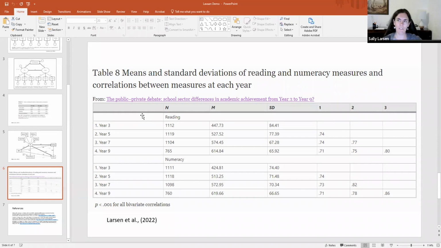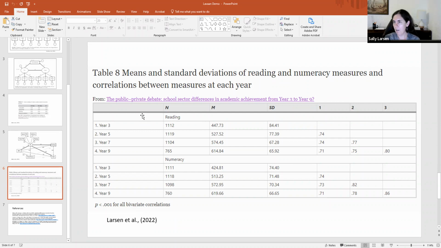It's just another piece of evidence that those observed variables are not really capturing the things that the scale documentation says they should be capturing. So it's just another way of looking in the background at what's going on with all these numbers. So the last example I'll give you,